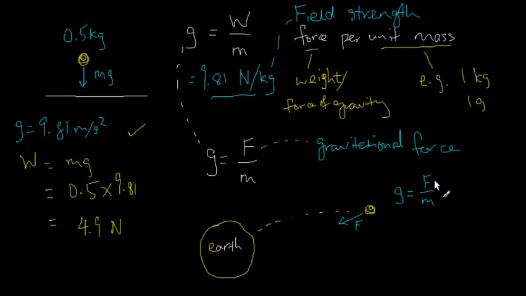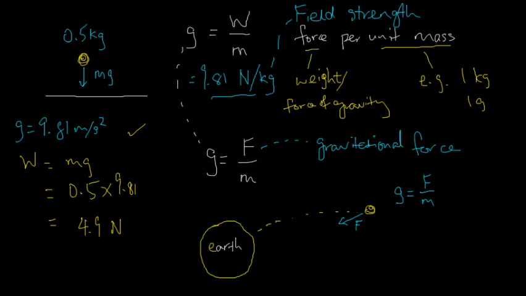But I can still call this a field strength. If you like, we can still call it an acceleration due to gravity, but it wouldn't be the familiar 9.81 meters per second squared. But we can still calculate this with a formula, and that formula is Newton's law